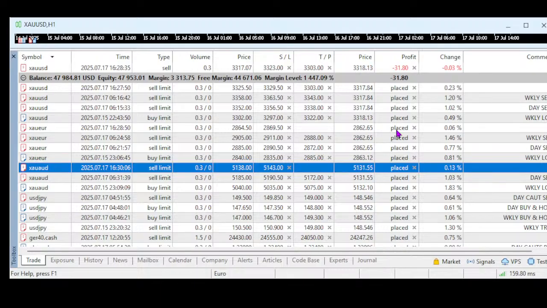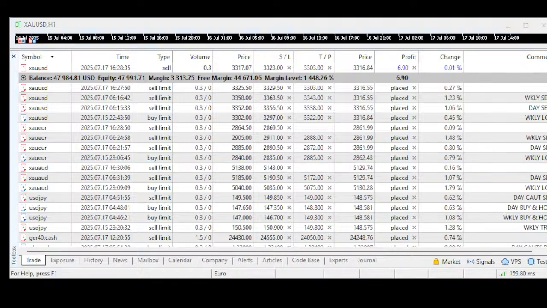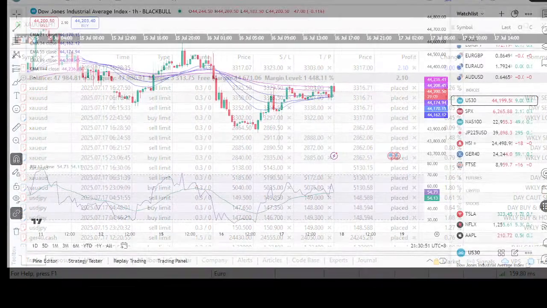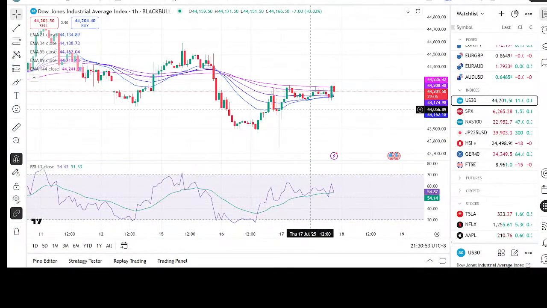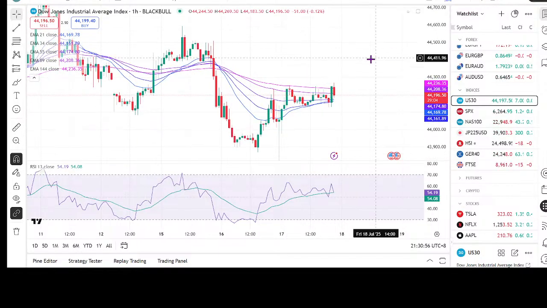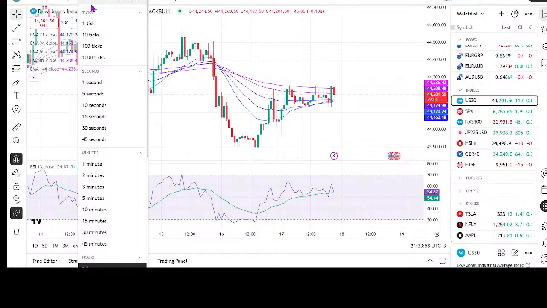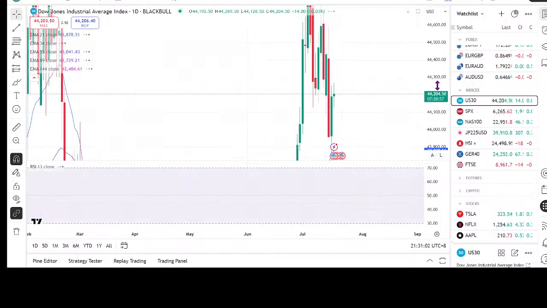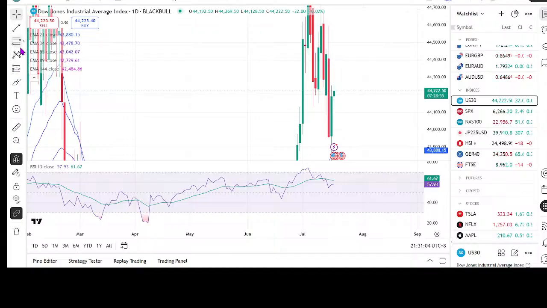So now let's move on to the indices. Okay, the Dow and the Nasdaq. So now let's look at the Dow. So far we have entered one gold selling order. We are in the trade. We are going to manage this for the next 1 hour. Okay, then we would see how we can go about.